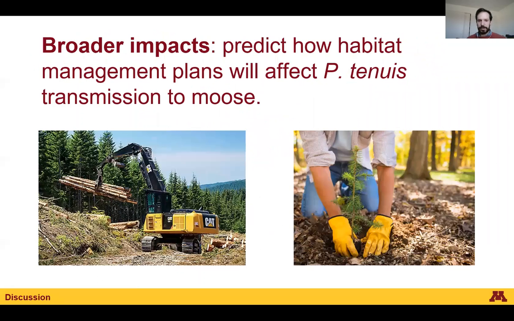Our results can be used to predict and enhance the efficacy of habitat management plans aimed at reducing P. tenuis transmission to moose. If we find landscape features that shape brainworm transmission and are manipulatable, we can use that information to manage the landscape to reduce P. tenuis transmission. For example, if a forestry treatment is associated with decreased P. tenuis gene flow, it may be beneficial to moose to increase the presence of that treatment on the landscape. And even if the features are not manipulatable, we still gain valuable insight on where transmission risk is high or